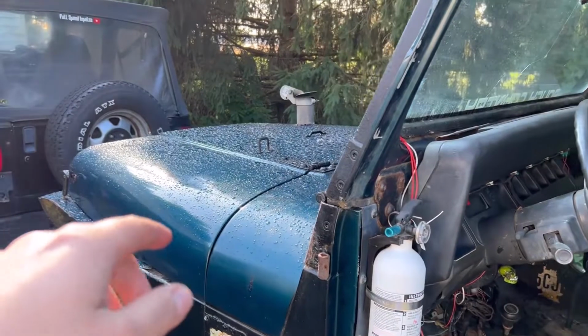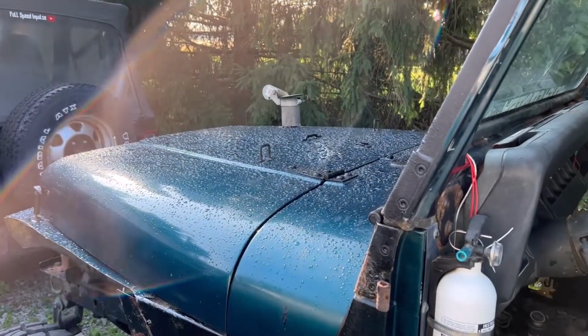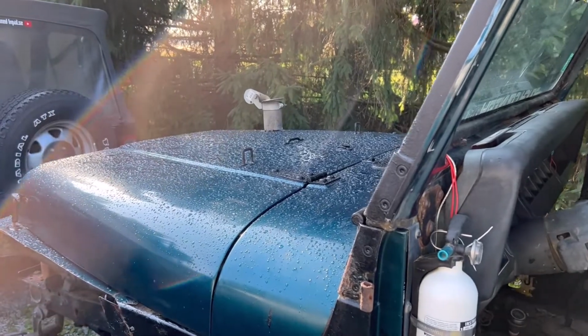So we're gonna replace our fuel pressure regulator next, which we might do a video on, and that'll be our next upgrade for sure. All right, but that's our video on installing the new upgraded fuel injectors on your Jeep Wrangler with the 2.5. I hope this video helped you guys out, and I mean, they definitely run crisp and all. I can't wait to take it on the trails and do some real testing on this thing, going down